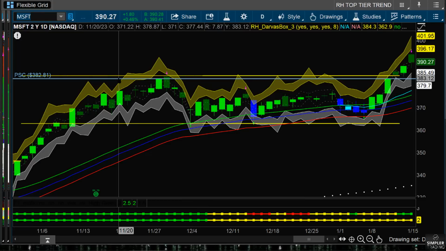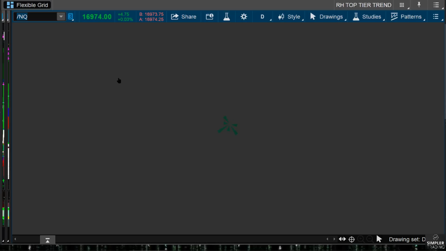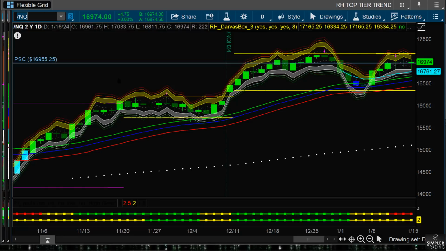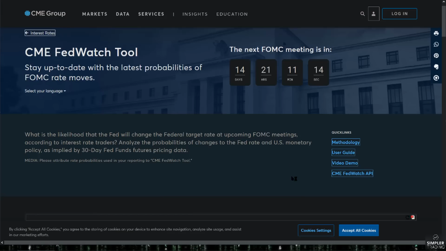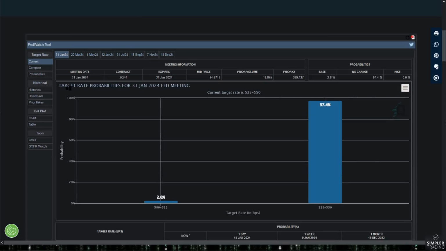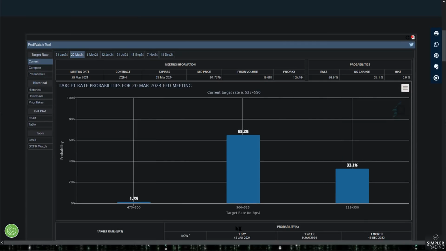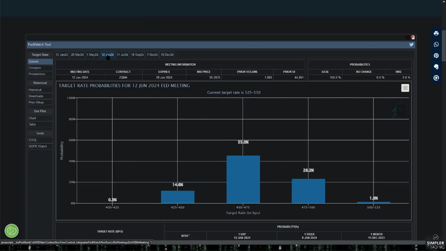The thing that could upset the apple cart is if we have an abrupt shift in the quarter point expectations for the March, May, and June meetings to be dovish ones. We can measure this. If you join me for Charts and Coffee every morning, you know that one of the things we look at regularly is the CME Fed Watch. This allows us to look at a rate of change understanding of expectations for each one of these meetings. As long as the tallest column represents the quarter point cut, which is exactly what we see, I'm going to expect dovish policy on those meetings until these columns show me otherwise.